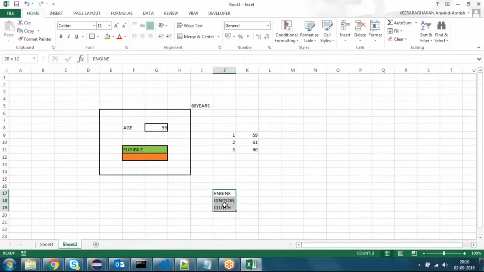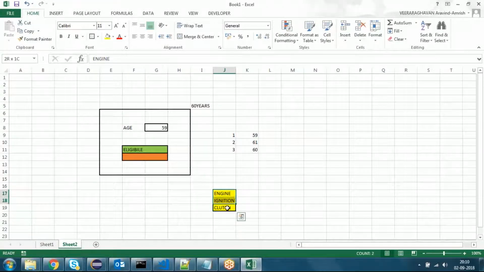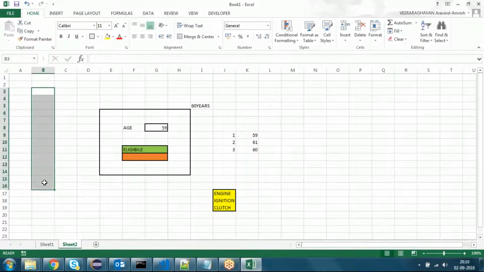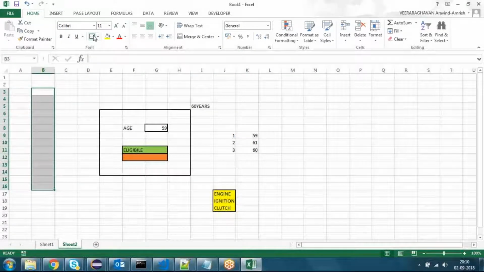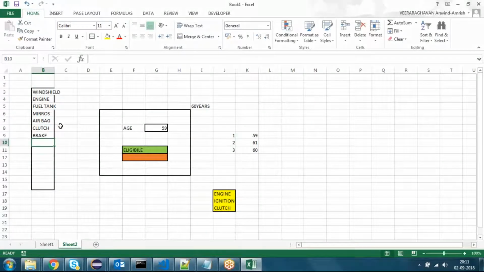need to mainly focus on these three areas because most of the time the problem will be in these three areas. We don't need to test everything. For example, if there are 10 parts in a car, I will list down all the 10 parts. You can say anything: windshield, engine, petrol or fuel tank, mirrors, airbag, clutch, brake,